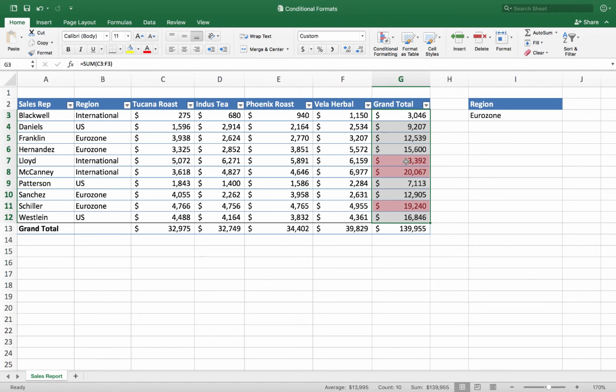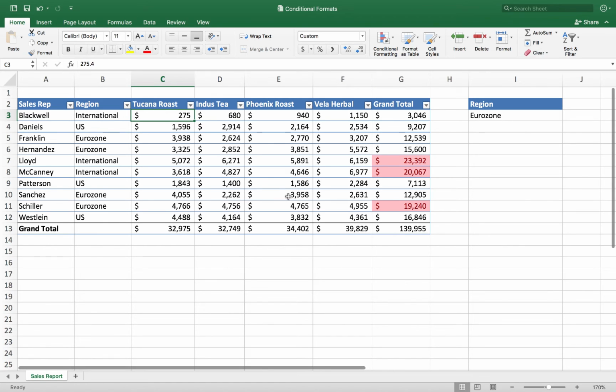If you click in column G, we haven't really talked about it, but you can see in column G they're using the sum function just to add all these different products together. Right? So if I change the values for one of these products, it's going to change the conditional formatting. Let's say, for example, I'm going to go to my first item here, my first number in cell C3, and let's say instead of 275 for the first guy there, let's say that he sold 5,000. So I'm going to change that number in cell C3 from the current value to 5,000.